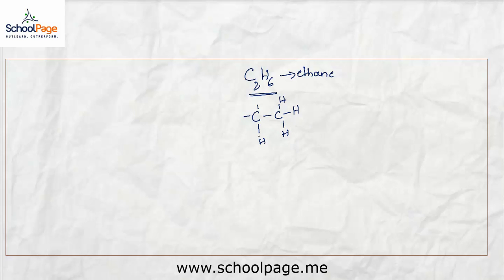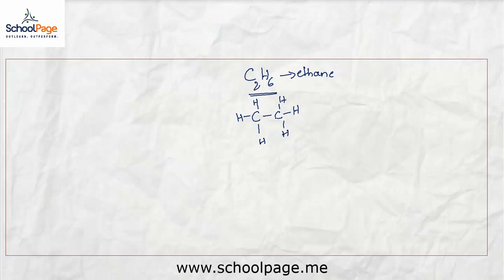So far, in our previous videos, we learned about different hydrocarbons. Let's take an example now. C2H6. C2H6 is ethane. Now C2H6 is the molecular formula. Let us now write the structural formula of the compound. So here go the two carbon atoms and the valency is satisfied by hydrogen. So there are 6 hydrogen atoms surrounding the two carbon atoms.